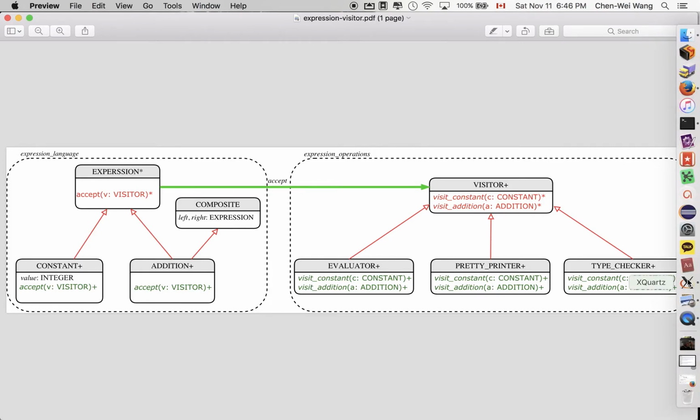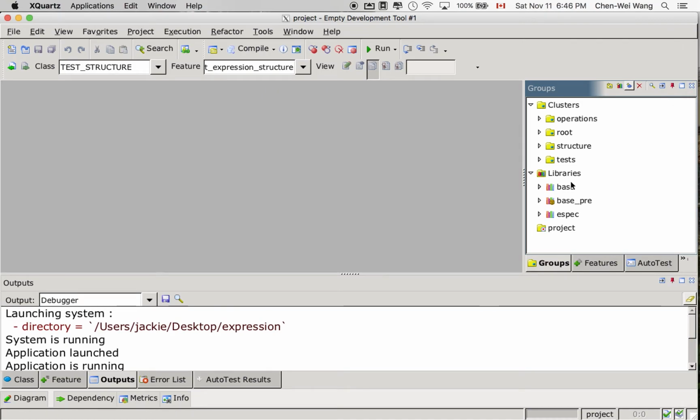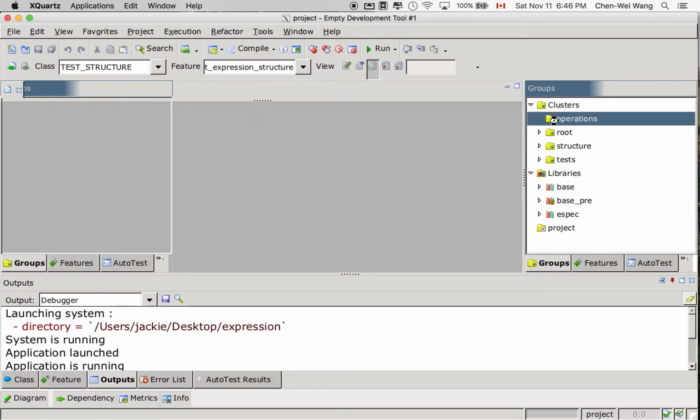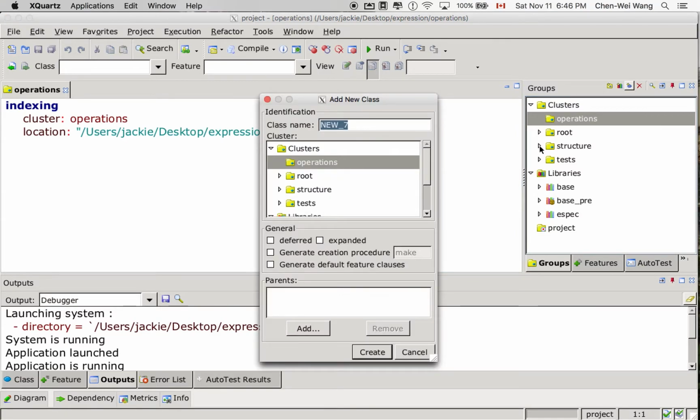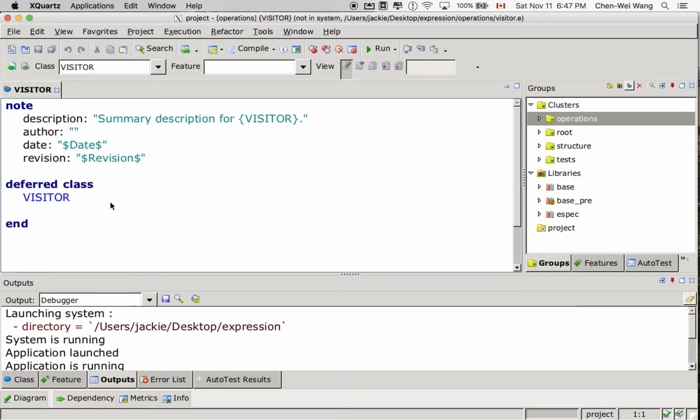Now launch your IFO Studio, and let's go back to our project here. So now, first of all, let's go to the expression class. Let's go to the operation cluster first. Okay, operation cluster, and then we'll have a new deferred class. You can say visitor, and then let's choose that to be deferred over here and create. So now in the visitor class, we only have